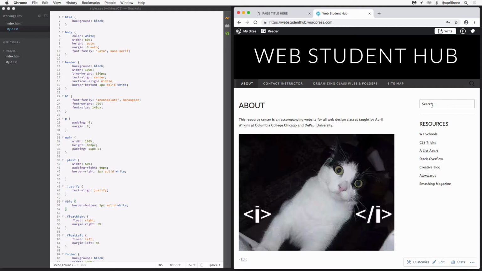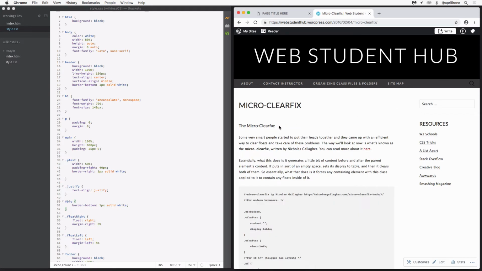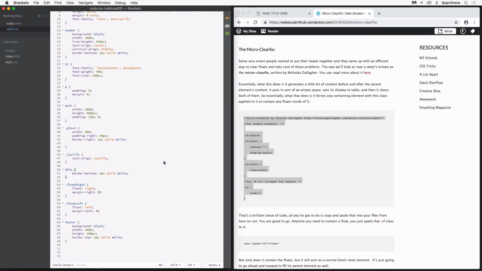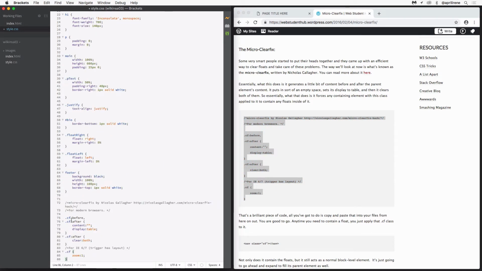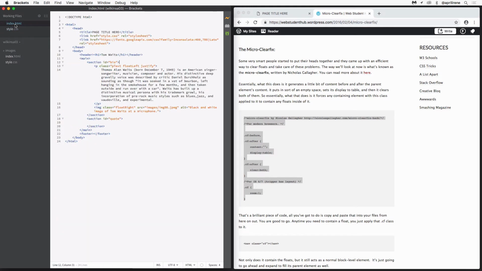Then here in search, I'm going to search for micro, and actually that'll probably bring it up. I'll just search for micro. Here's the micro clear fix. Need to grab this CSS right here, all of it. Paste that down at the very bottom of my CSS file. That gives me that class, the CF, that I can use, which I give to the parent of whatever it is that I'm floating. So back over here in HTML,